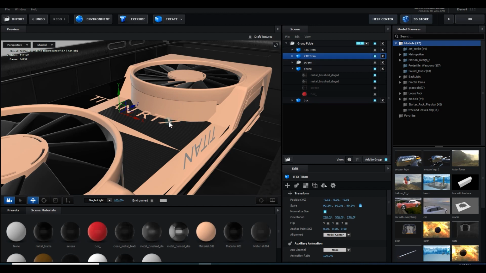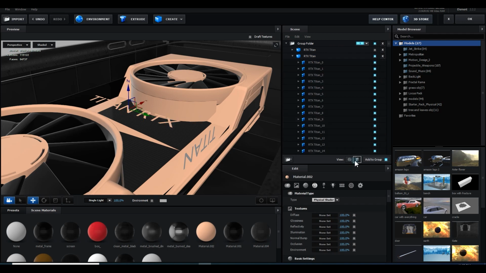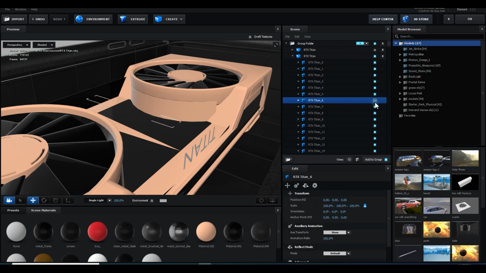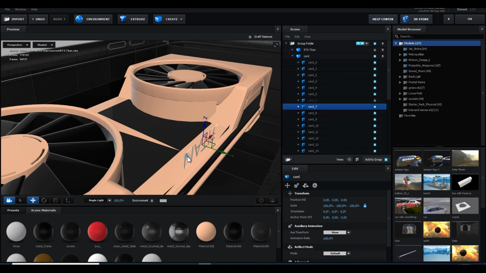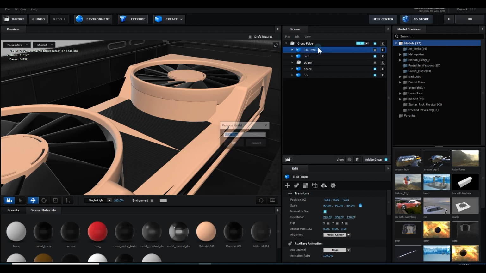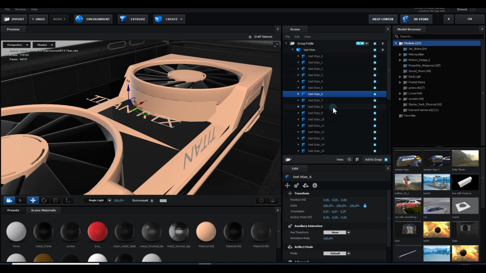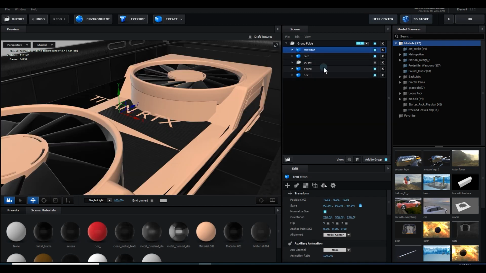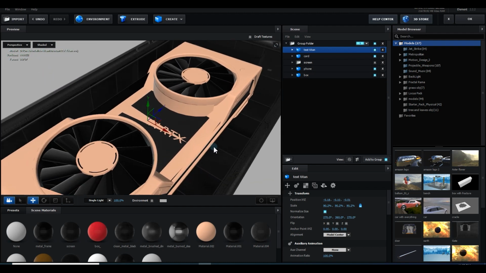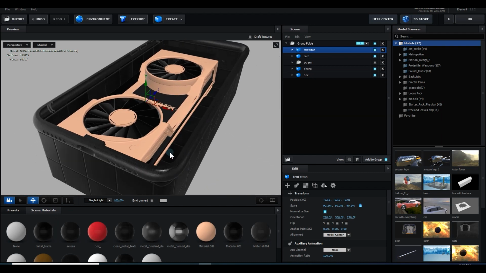So what I can do, select this mesh and hide. So this will be our card, and same for this one, hide. And this is text Titan. So I will Ctrl and click here and press Alt and click here, so it will solo this object. So now I have both things. So I will put this RTX Titan later here, and now I will apply some texturing on this one.